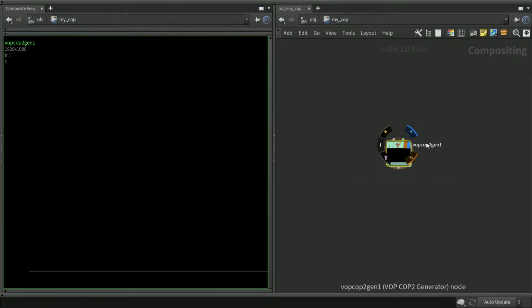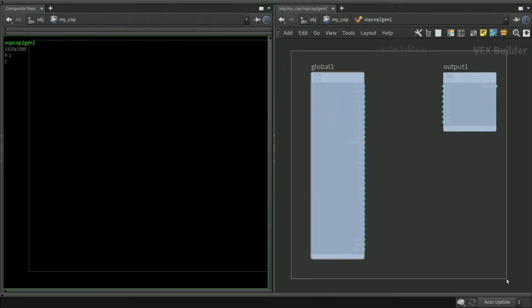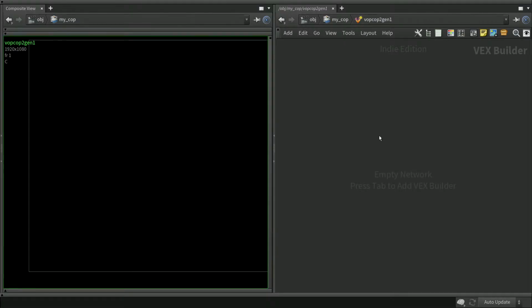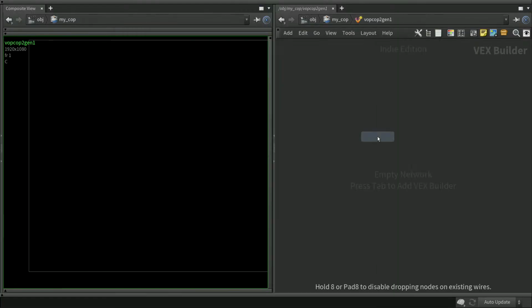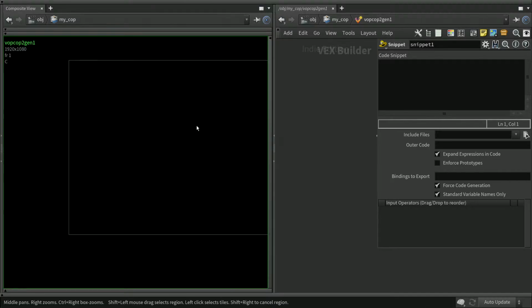And here, let's go inside this. We don't need these nodes, so we can delete these, and instead create a snippet. So tab and snippet. And then P to view the parameters. So here we can type code for this network. So let me just zoom in to the view,